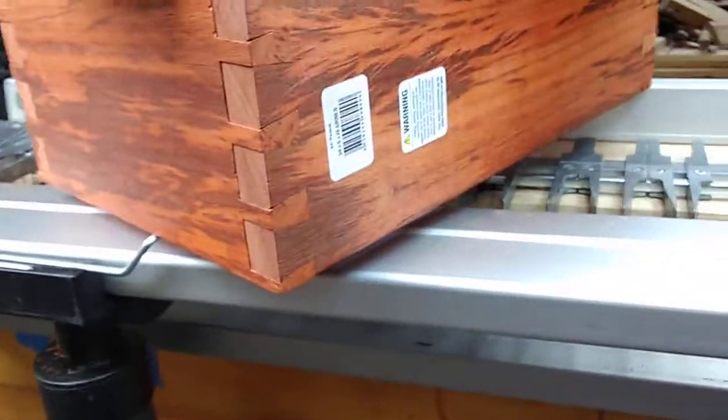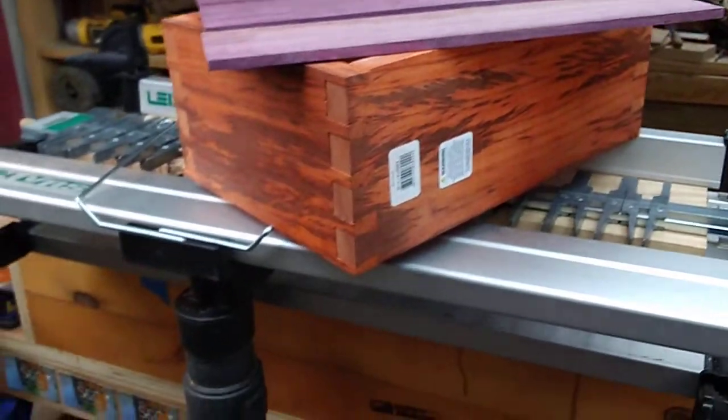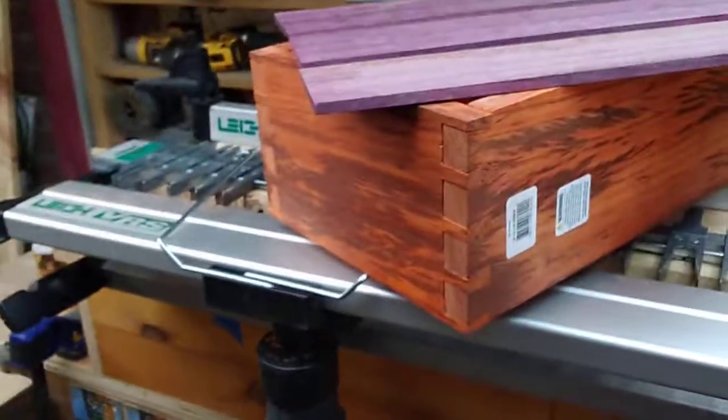The wood you're looking at is African Padauk. Really beautiful orange wood. Here's what it looks like when you cut it. Look at that color down there. So